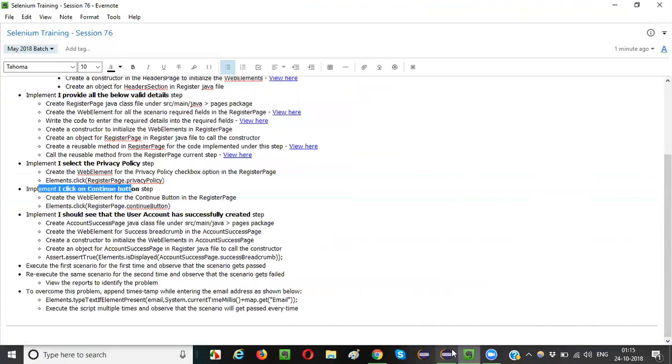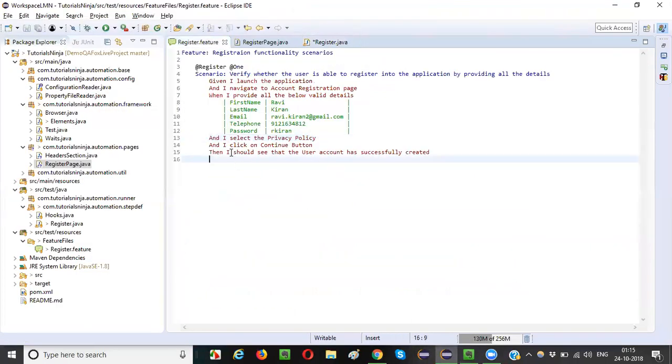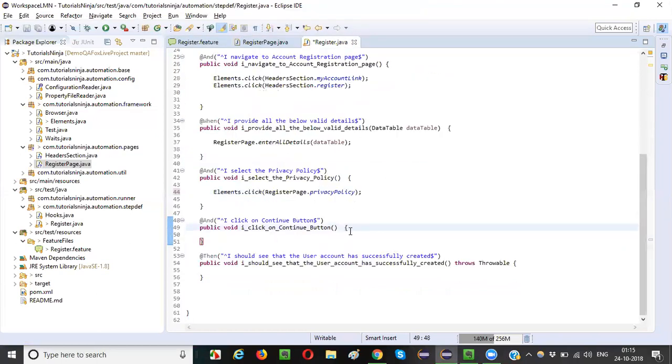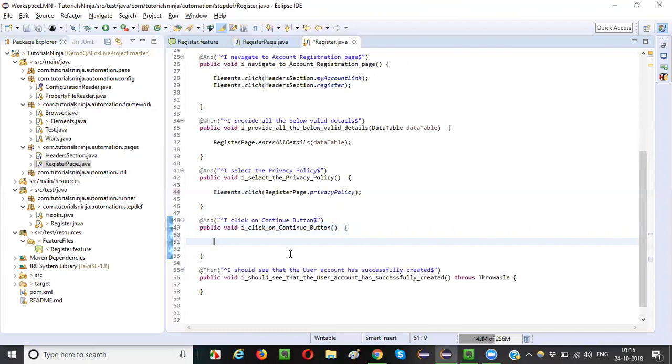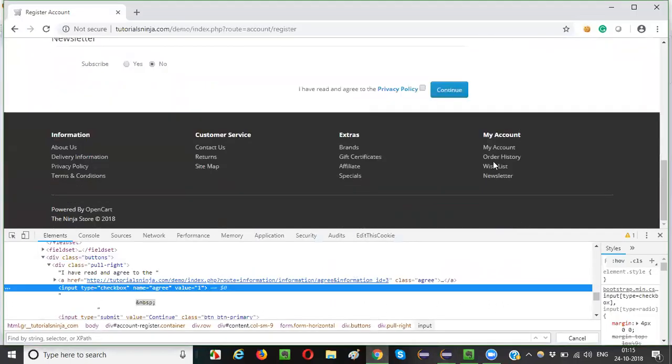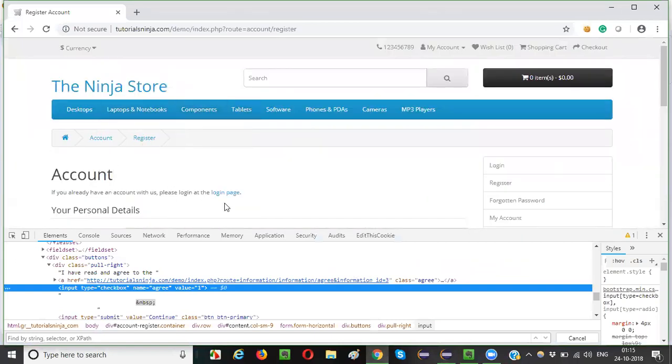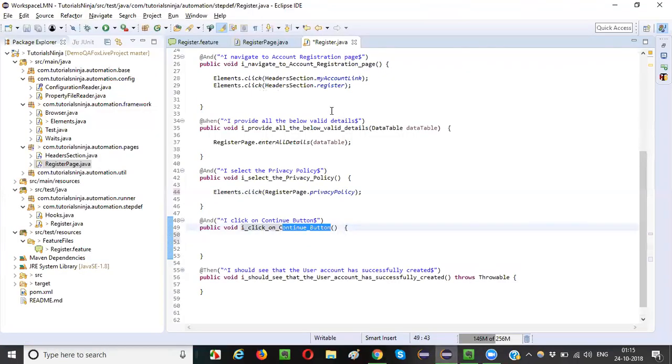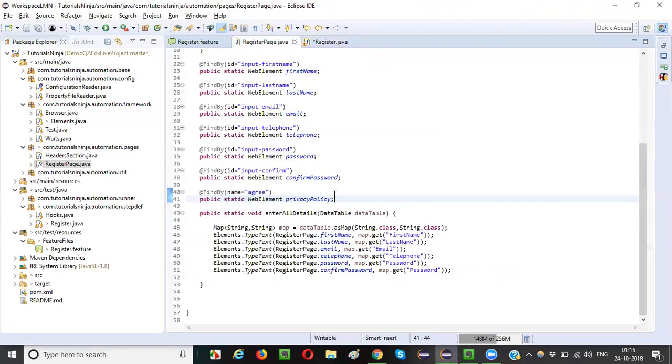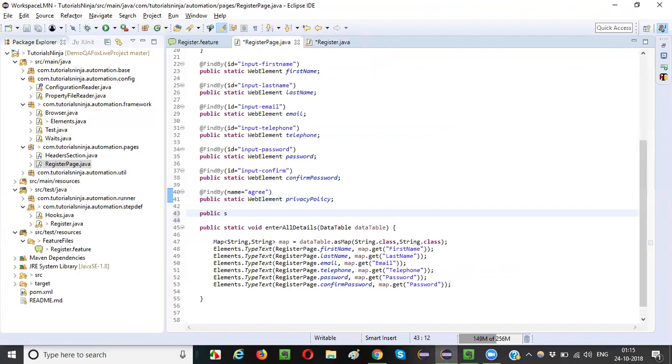Now let's move to the next step, guys. As part of the next step, I need to click on the continue button. So here I need to implement how to click on the continue button. So to have the web element for the continue button, where exactly is the continue button available? Continue button is there in the register page. So I have to create the web element for this continue button in the register page of the framework. Okay, so you go to the register page and create a web element, public static web element continue button,